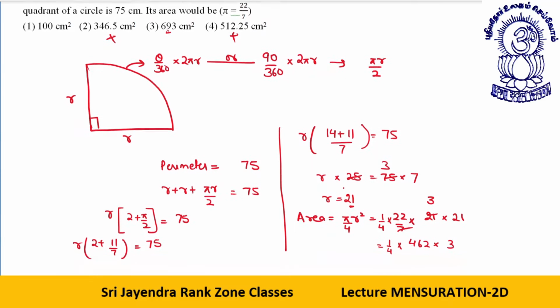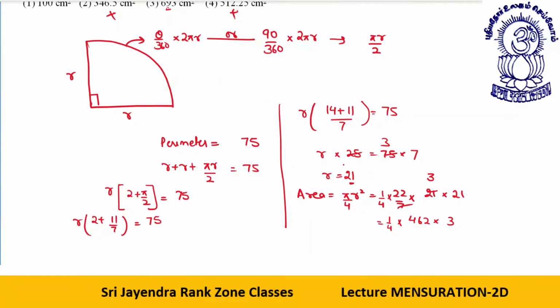So, now if I cancel these, 4 cancelled with 462. Now the answer will be in decimal. Okay, I discarded that 1 by 4 thing. So 4 cancel with, this will give me 115.2 into 3. So that will be